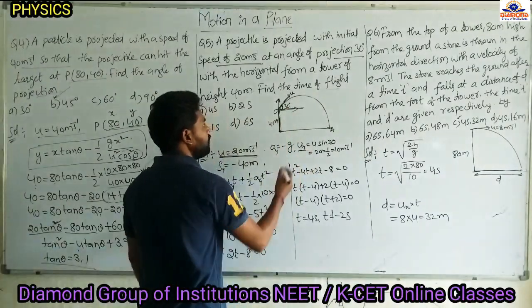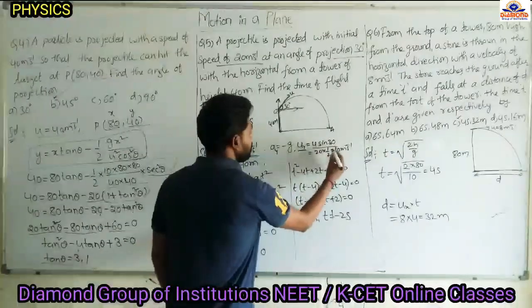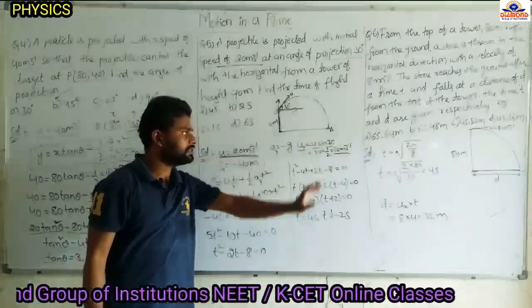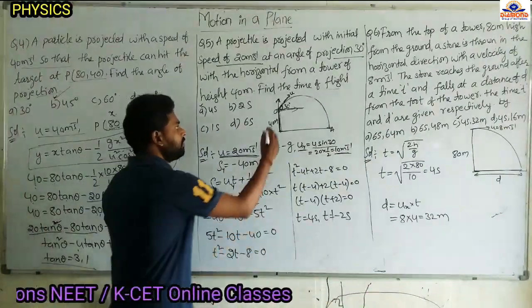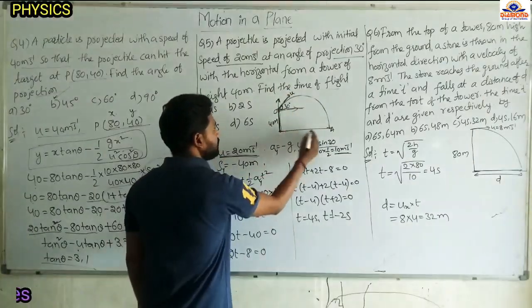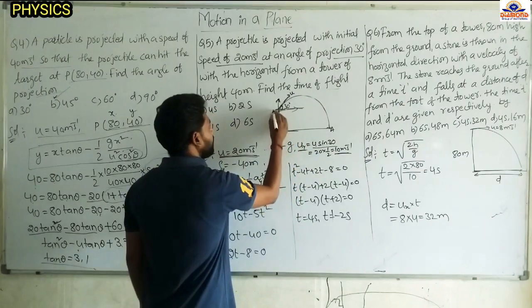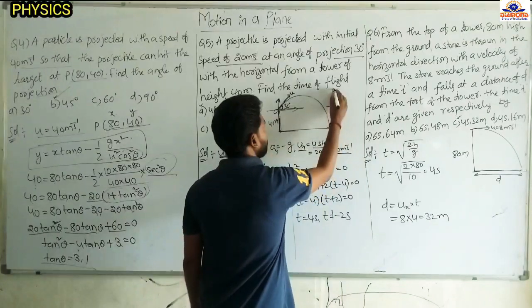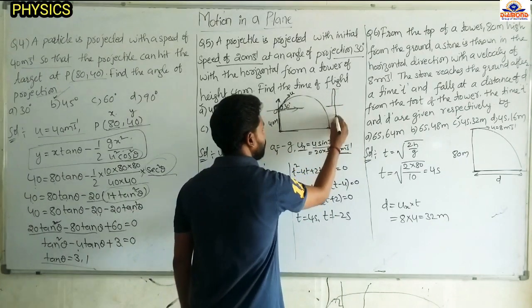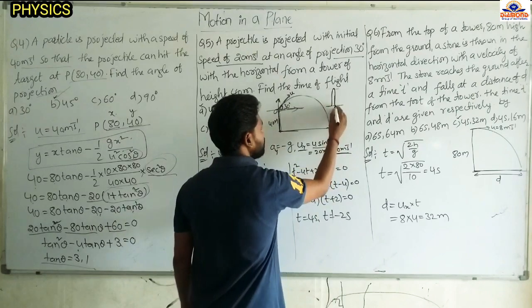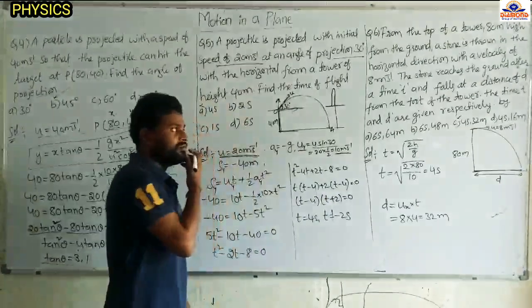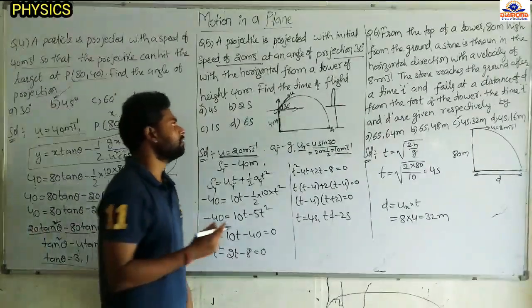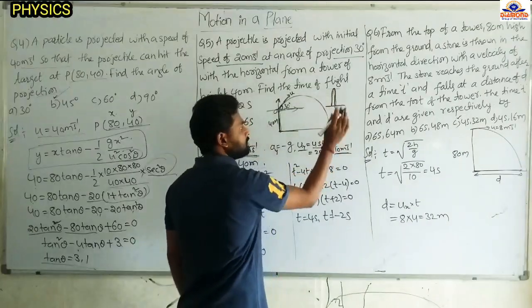Vertical component uy equal to u sin theta, u sin 30. That value we will get is 10 meters per second. So in the vertical direction the initial velocity is 10 meters per second. Okay, now it goes in the upward direction and comes down, reaching the ground. Suppose this is O, starting here, reaching some maximum height, and falling on the ground. So from which level we projected, reaching to that level, and after that falling down, from here to here the displacement is equal to 0.